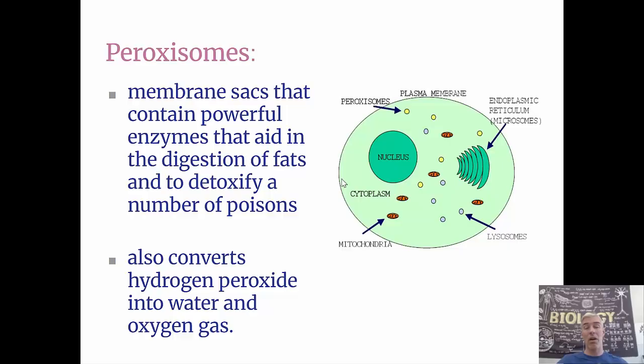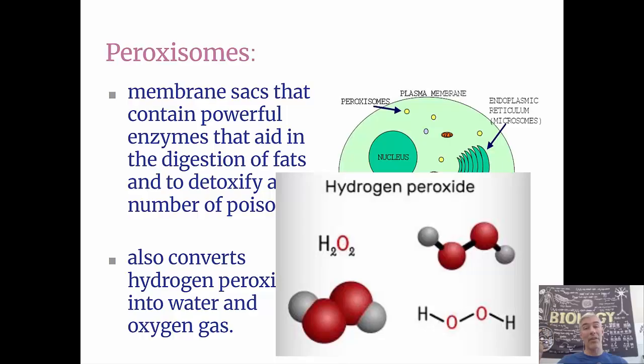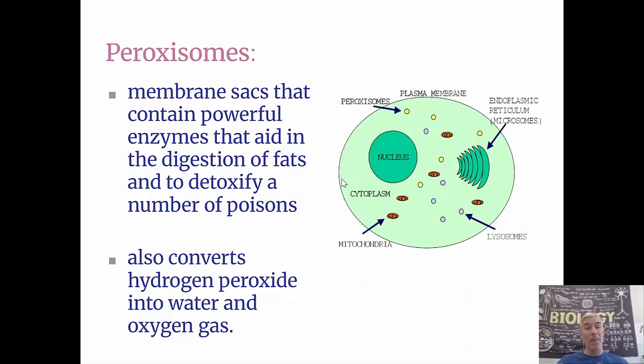It is a very strong oxidizer. It rips electrons off of things. So actually, it synthesizes peroxide so that it can help to oxidize fatty acids. It breaks down fats. That's a good thing. But also, because that peroxide needs to be gotten rid of because it starts to actually oxidize the cell itself, which is a problem,